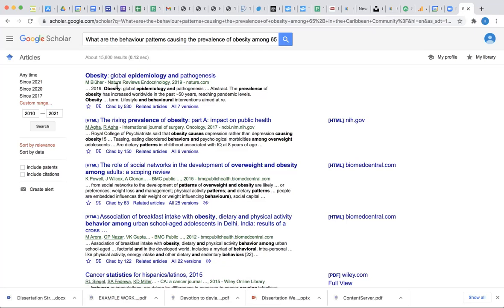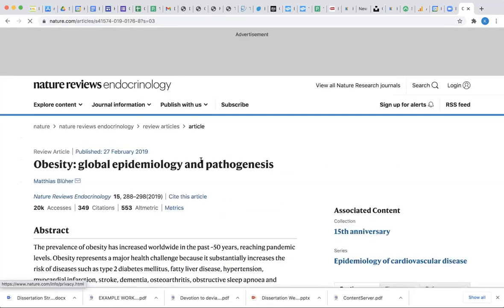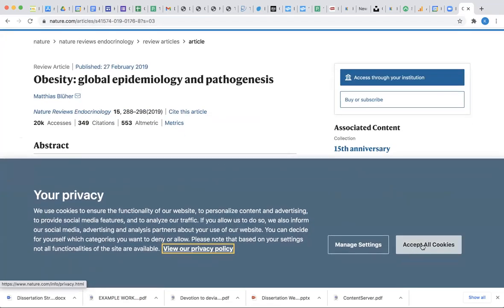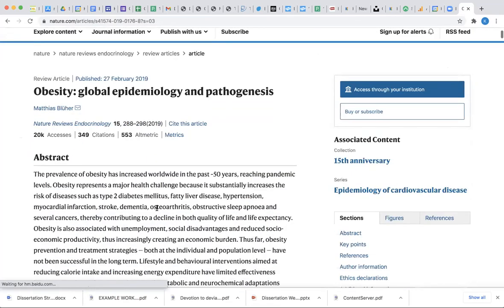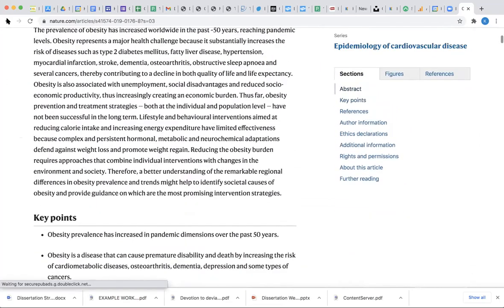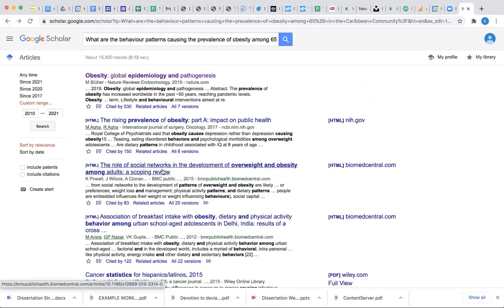How do you generate topics? You look: obesity, global epidemiology, pathogenesis. Is this relevant? We don't know. You need to open and check. Accept all cookies. Right. Is it relevant? Yes or no? If it is, paste the link into your document, which is a preparation document before you start